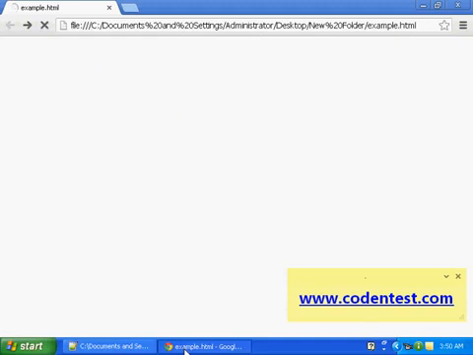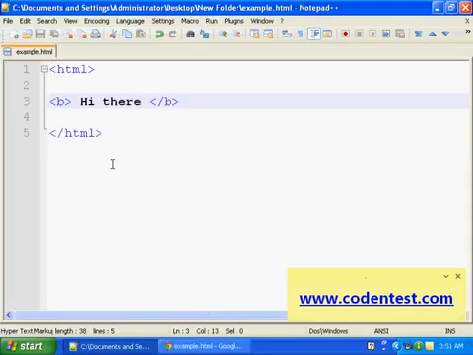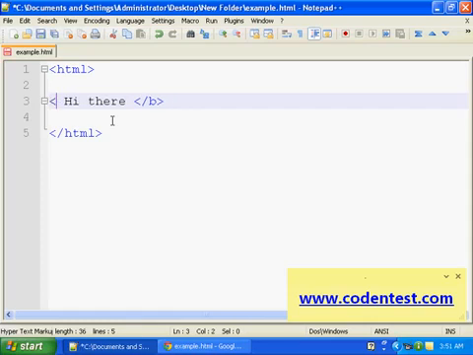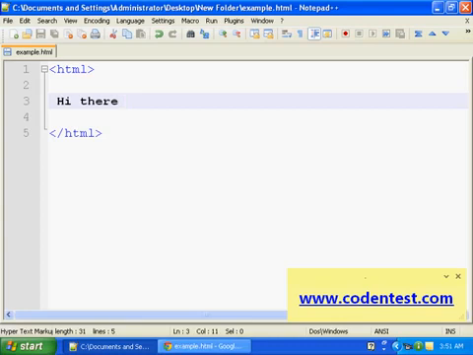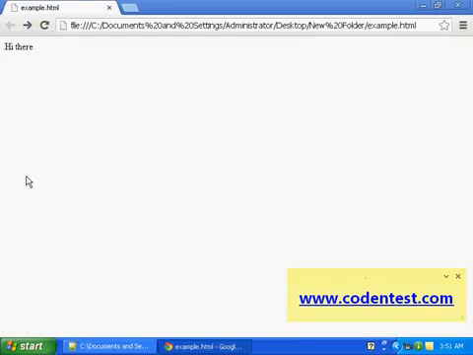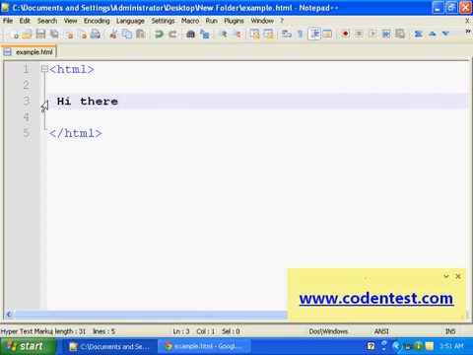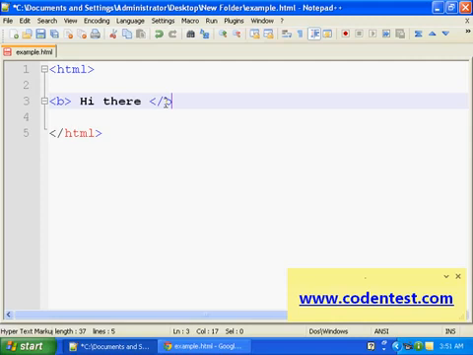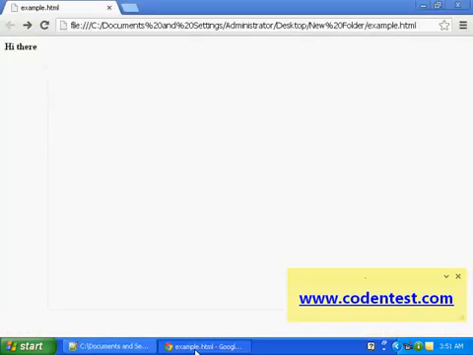See here, hi there, it's displayed in bold. Let me just remove this bold, and now this is not in bold. Now if I add bold tags here, that's in bold now. So that's one thing.